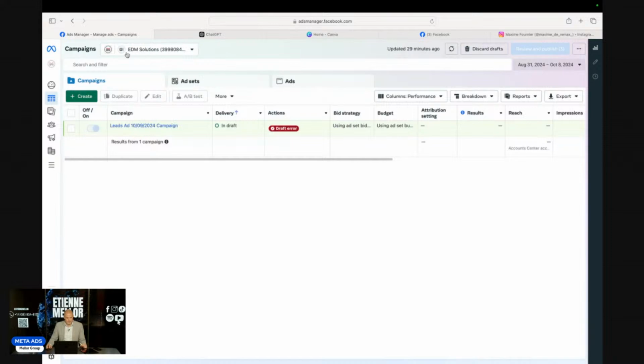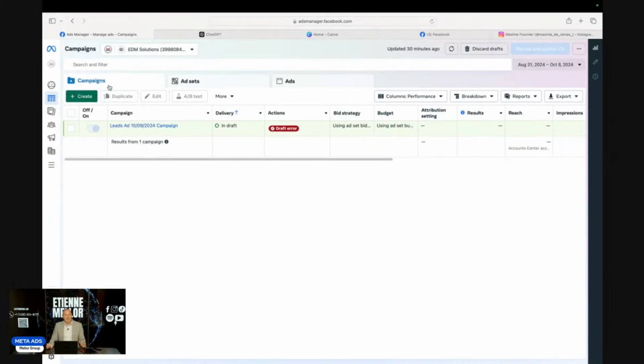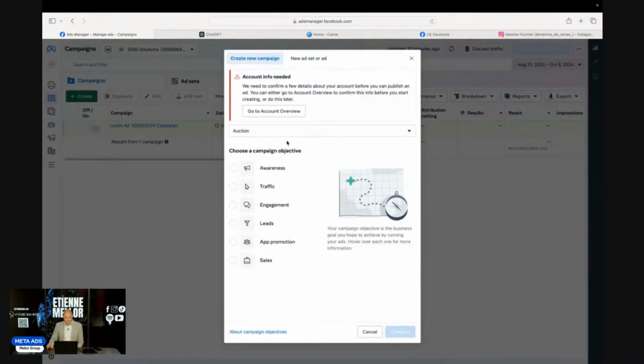So when you're in your account, and to have the account, you're going to have to set up your payment structure. You have a bunch of stuff, and it's like a wizard. It's pretty simple as you create it. You just fill in what they're asking you to fill in. They're missing this, missing that, and need to put a credit card, and so on and so forth. But once that's done, you get to this main platform, which starts with creating a campaign. Now, when we talk about campaigns, if I click the create button here, see, it brings you already to,